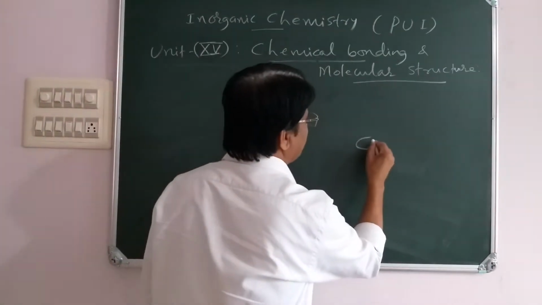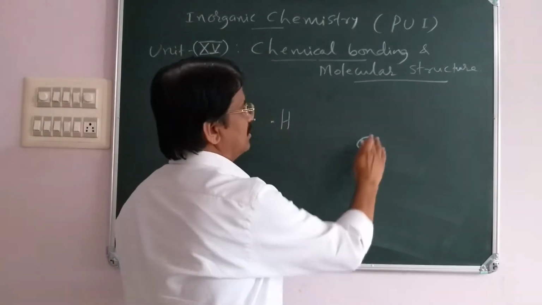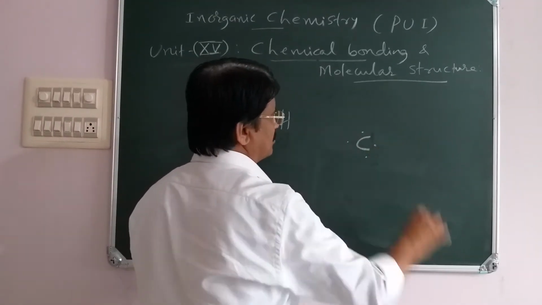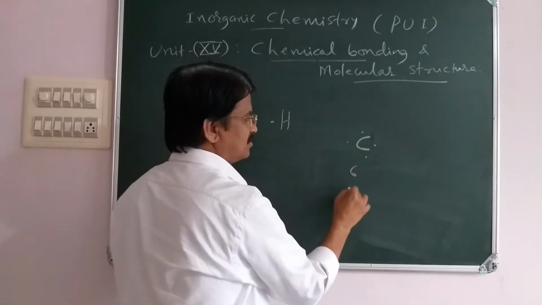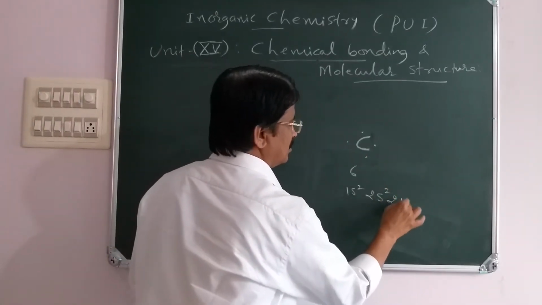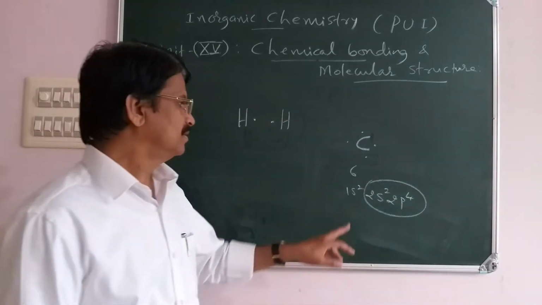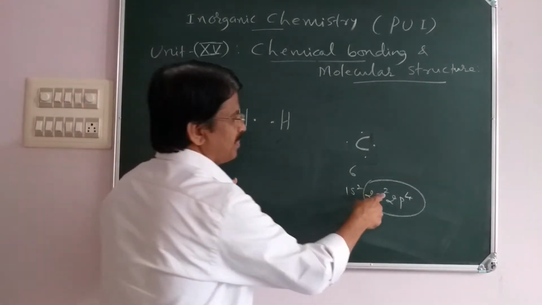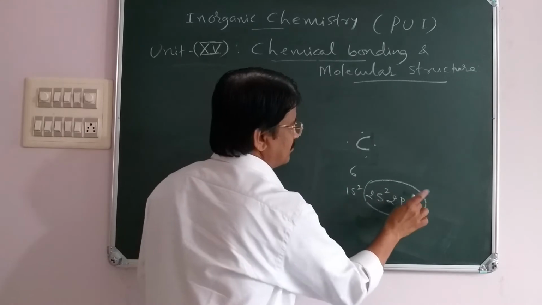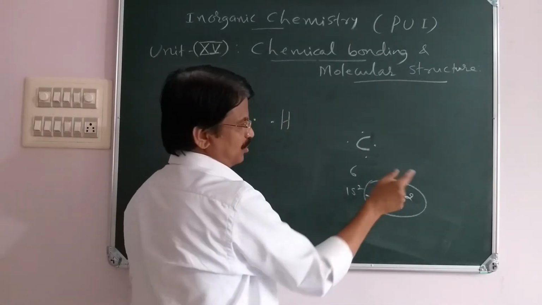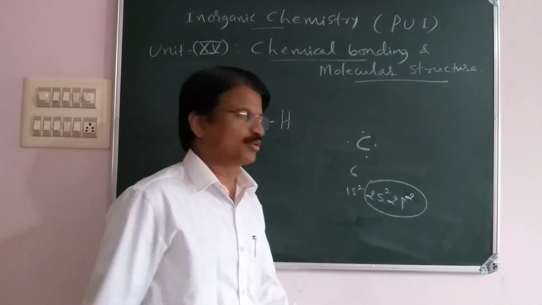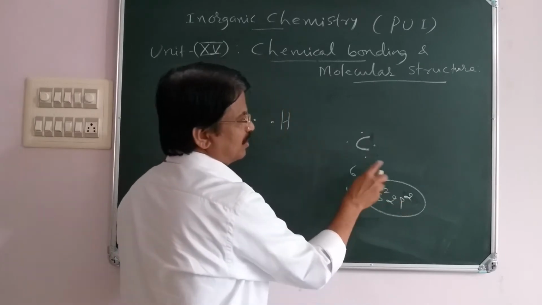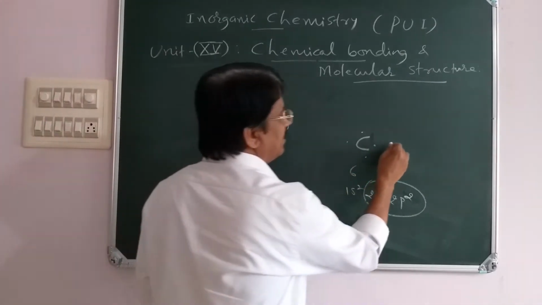If it is methane, the central atom is carbon, having 4 valence electrons. The atomic number of carbon is 6, 1s2, 2s2, 2p2. Valence shell 2. Valence electrons are 4 and valence shell 2. Therefore, only valence shell electrons you have to consider, and these are said to be 4 electrons, and all are actually unpaired. Then for methane,